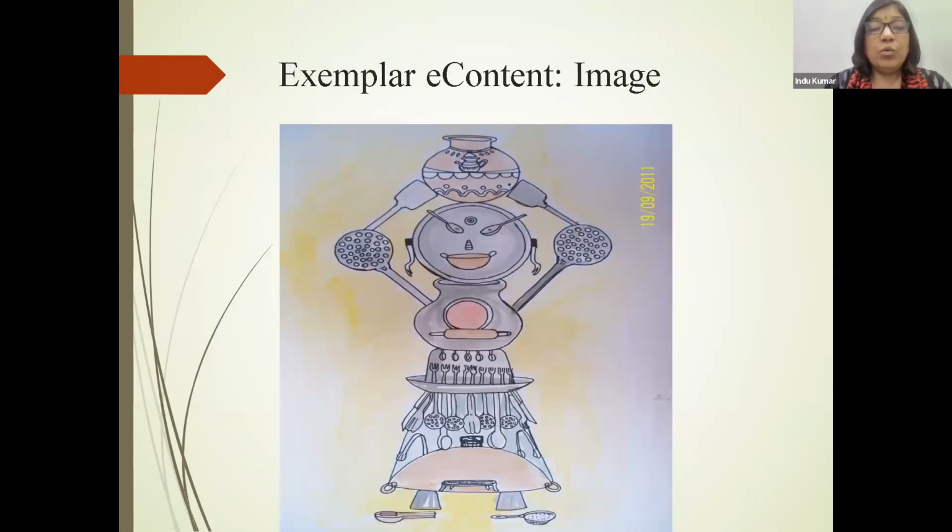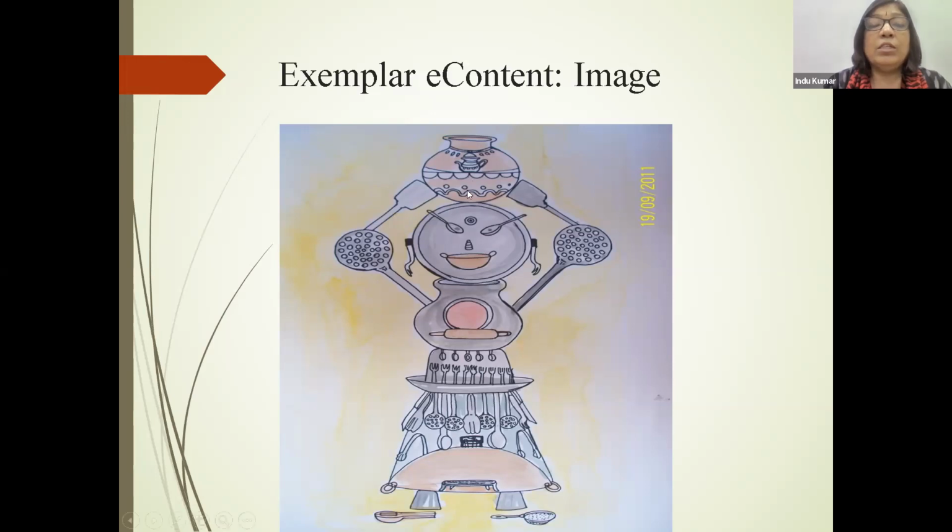Here you can see an example of an image which carries a lot of kitchen utensils, and it gives children a gamified experience, and you can discuss a lot of allied concepts using this image.